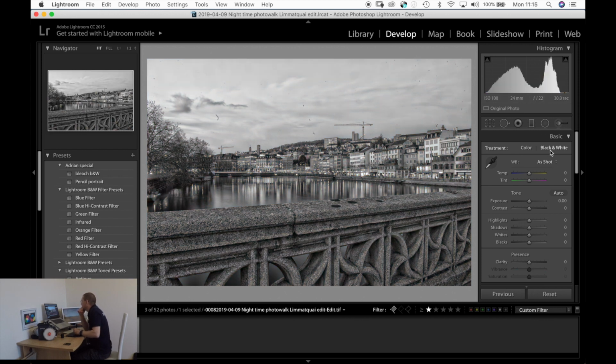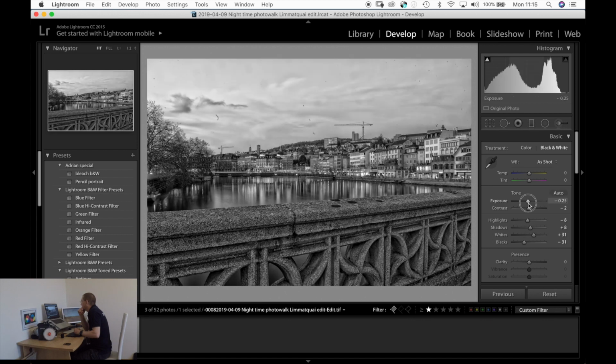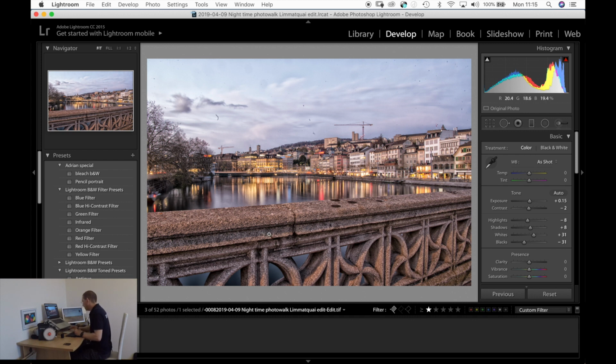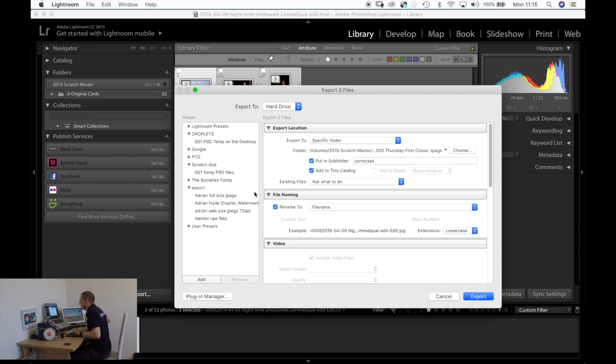I like it as it is. I could do black and white, and then we could start wanging, press auto, start wanging stuff around. Could make it a little bit more, but I prefer the colour. Much prefer the colour on that. So I think we're done on that, so we're going to press G, and then Command A to highlight them all. Then we're going to export them as the full-size JPEGs,